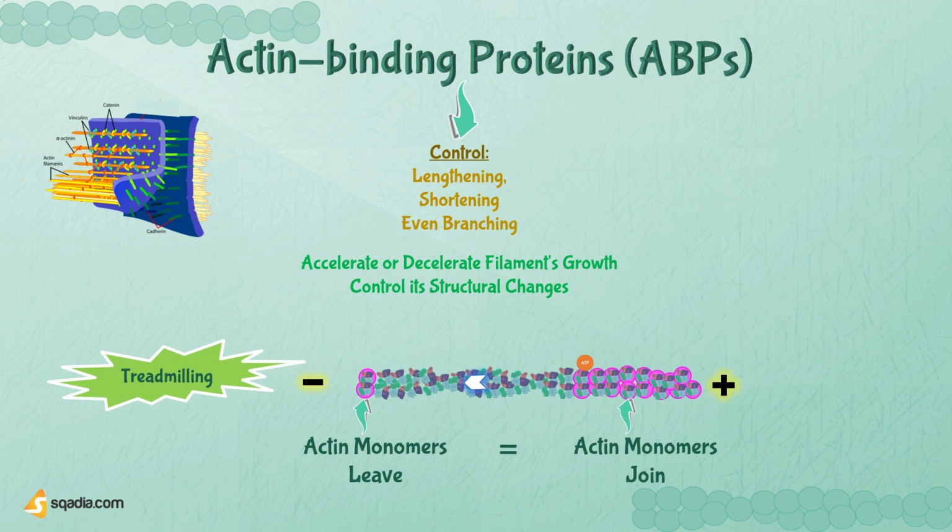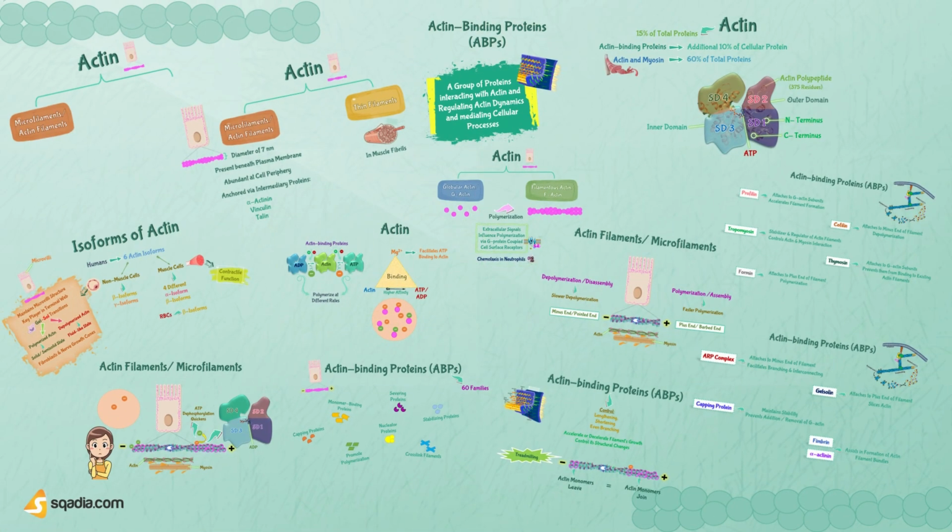So, there you have it. A captivating tale of actin, the protein superstar. From its abundant presence in cells, to its intricate structure, and fascinating interactions with nucleotides, actin knows how to steal the show. Whether it's in muscle cells, showcasing its contractile abilities, or in non-muscle cells, maintaining structures, and orchestrating movement, actin knows how to perform. So, next time you witness a mesmerizing cellular performance, remember that actin is the star of the show, bringing elegance, dynamics, and versatility to the grand stage of